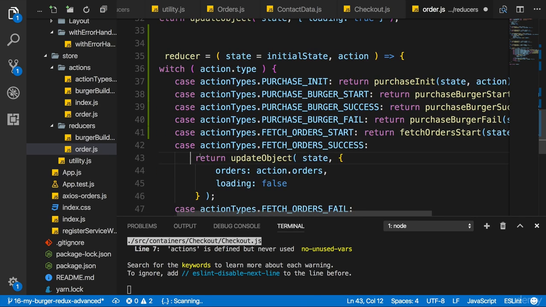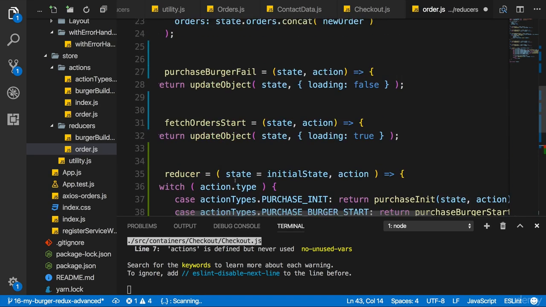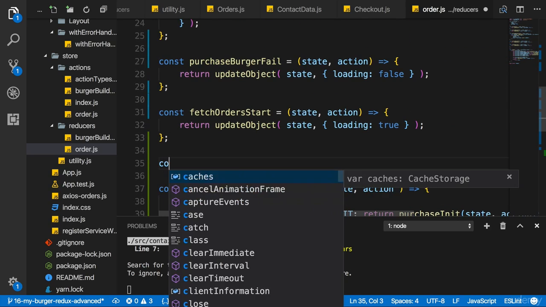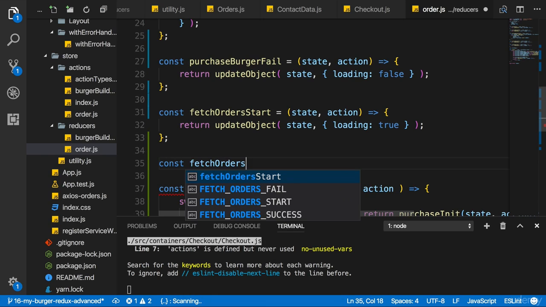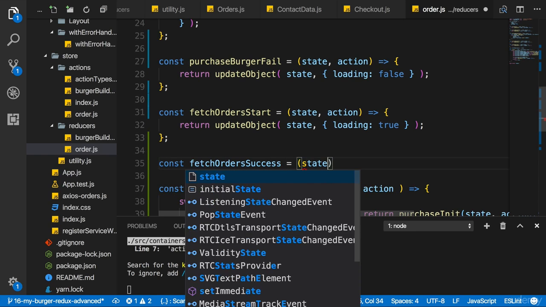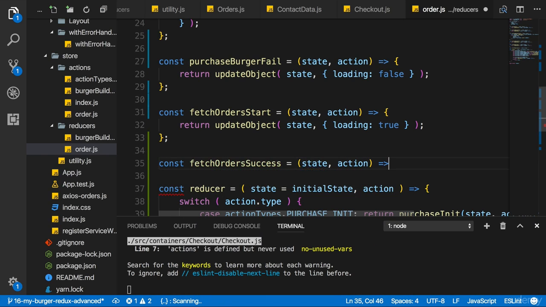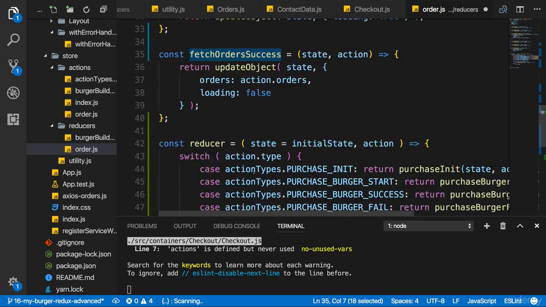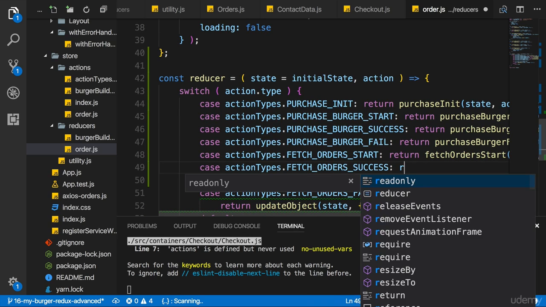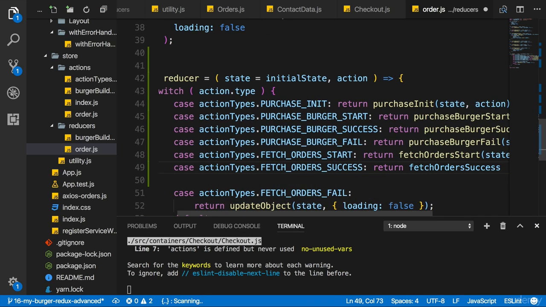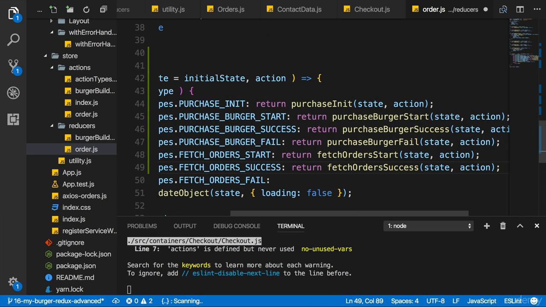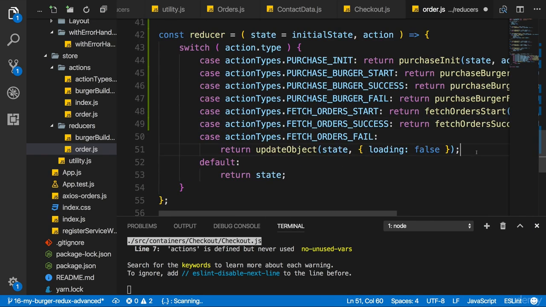Now we got fetch orders success, a little bit more code again. Let's cut it out and create a new function, fetchOrdersSuccess, which also receives state and action. And then we put in the code we just cut out and as before, simply return a call to fetchOrdersSuccess, the newly created function, and pass state and action to it. And with that, we're almost done.